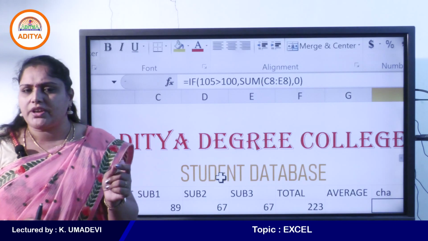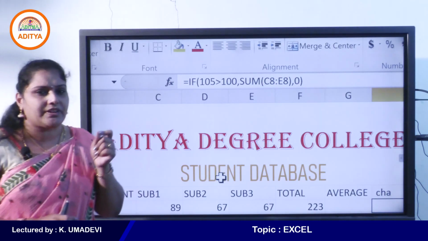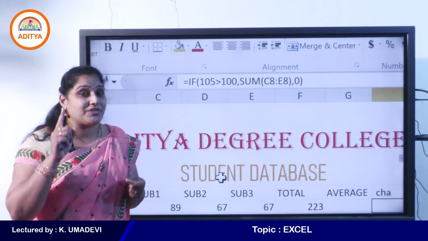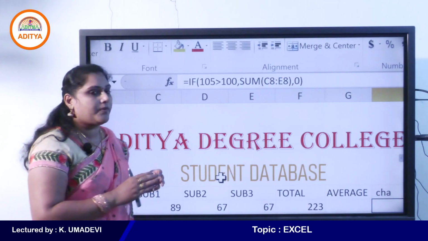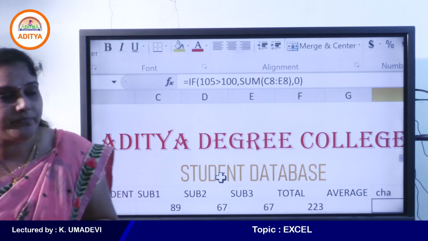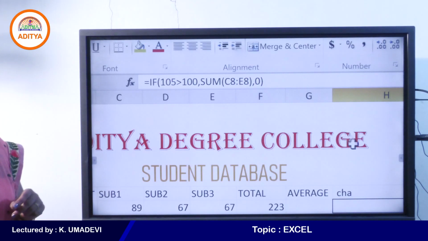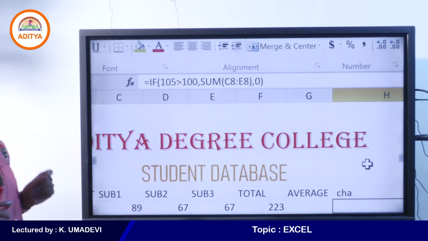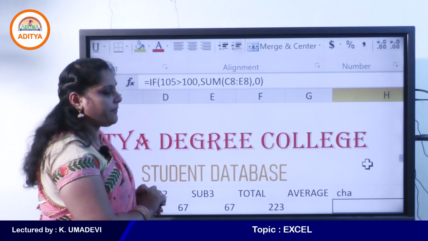If any one of the conditions is false, then the result will be fail. So we use the AND function for this type of checking. I will show you how to use the AND function inside the IF.